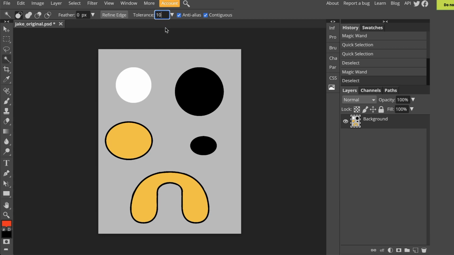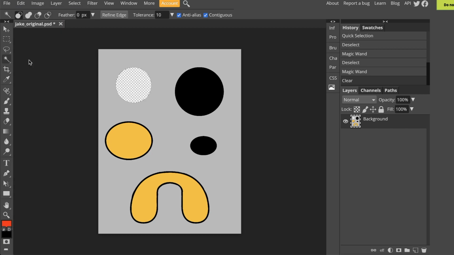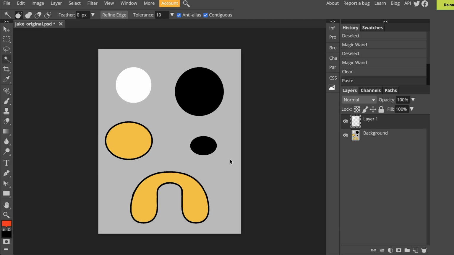So now that I've set it to 10, I'm going to click on the white circle here. And you'll notice that it is automatically selecting anything white. It's ignoring everything that's gray outside of that white circle. Now that I've selected the white circle, I'm going to go to Edit, Cut, just like we did before, and then Edit, Paste. This is the highlight for Jake's eye. So I'm going to call this highlight